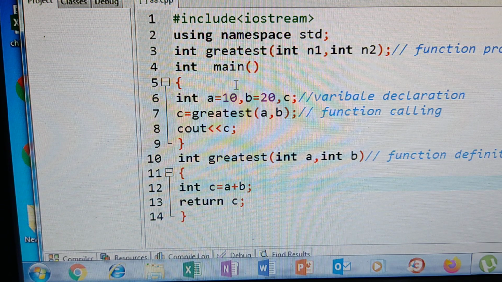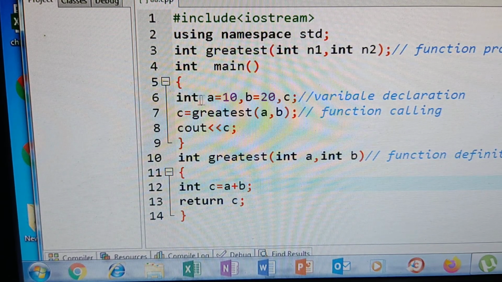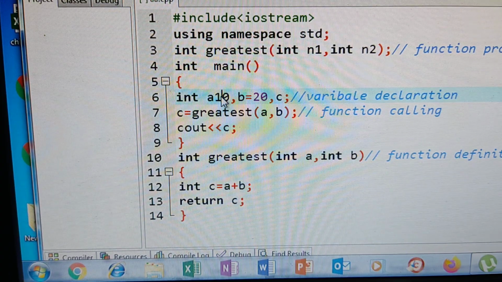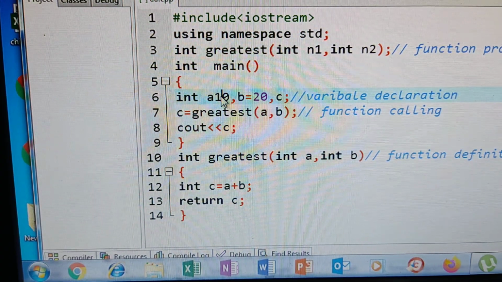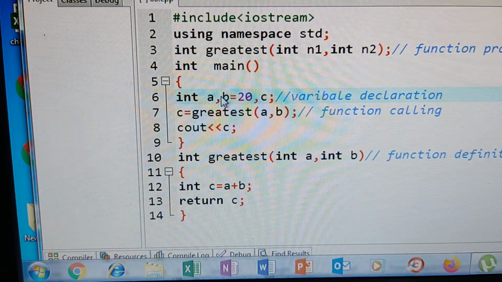So the same function you can call any number of times by passing different values. Every time you want to pass new values to the same function, you don't initialize these variables. If you initialize, the value will be fixed. So you don't initialize the value.